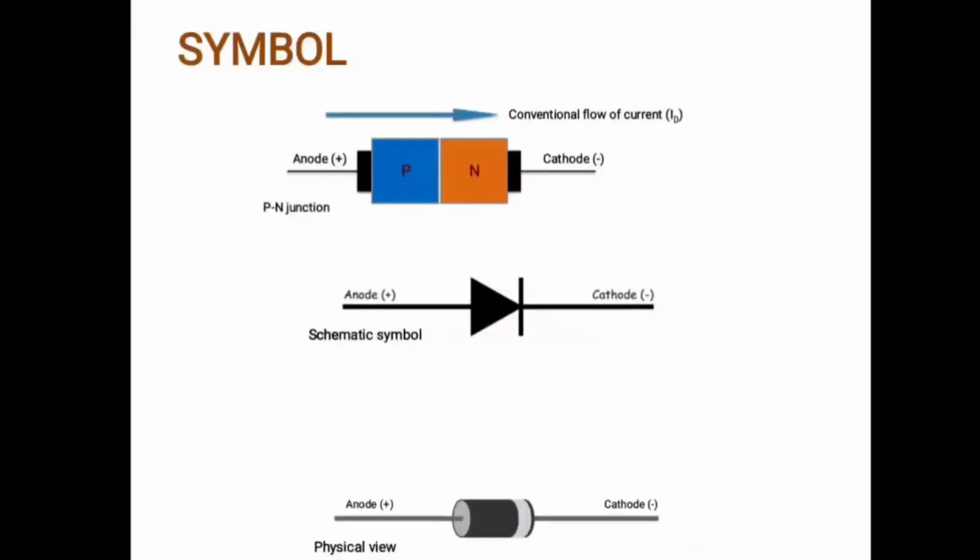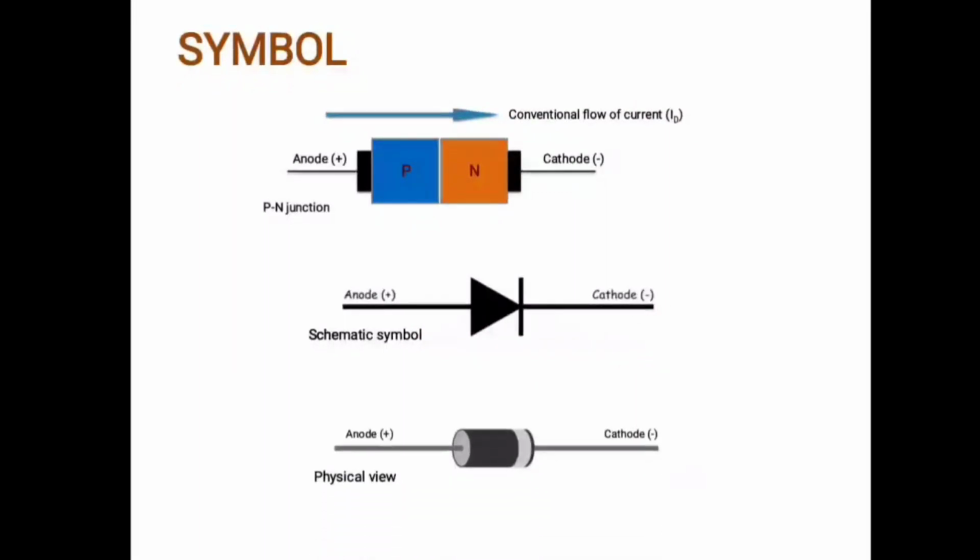Now, let us see the physical look of a general purpose diode. It is like a small black color cylinder with a grey color band painted on its body. Though few diodes may have different colors, this band compulsorily represents its nearer terminal as the cathode. Obviously, the other remaining terminal is the anode. In this way, we can identify the terminals of a diode.